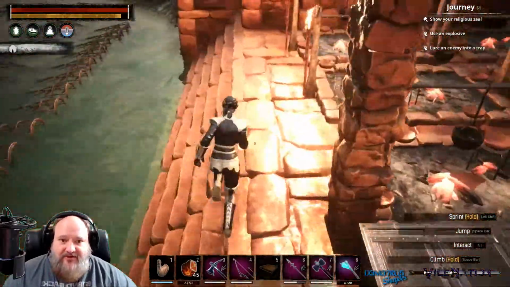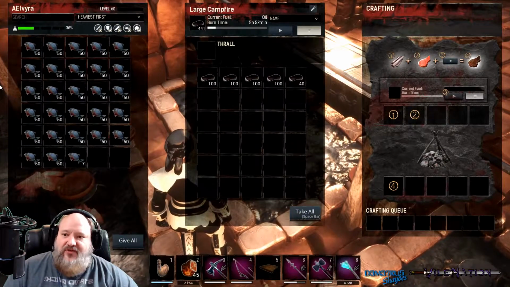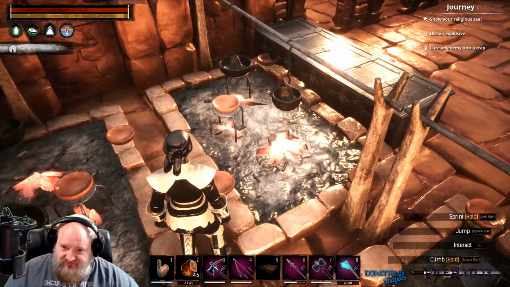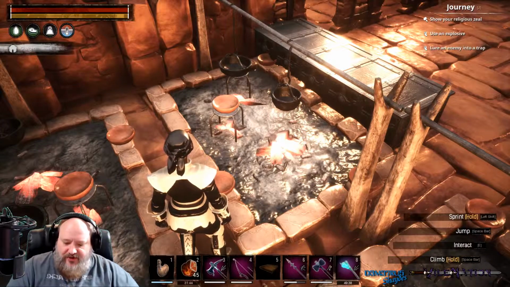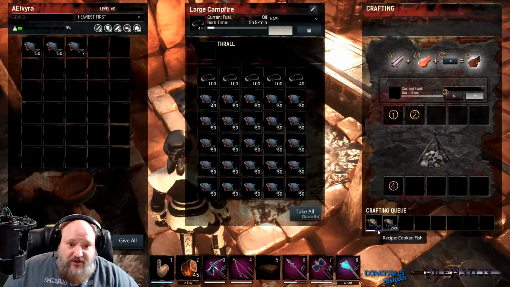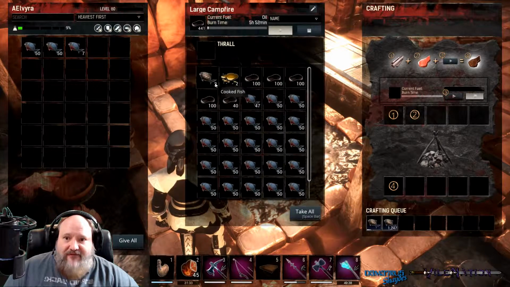I'm going to come in here into the middle. Cook fires. If you put fish into the cook fires, I'm just going to do one. Then you're going to get, whoops, wrong button. When you turn it on, you're going to get a cooked fish, but you'll notice that for every cooked fish